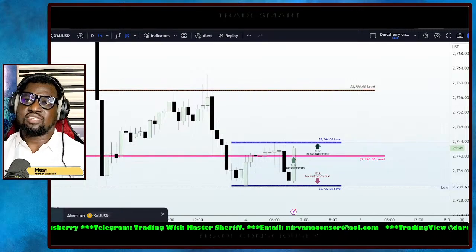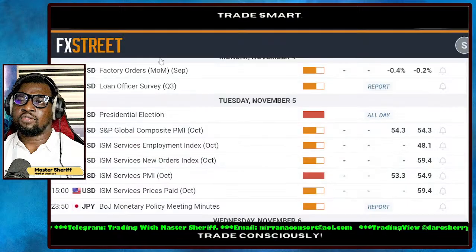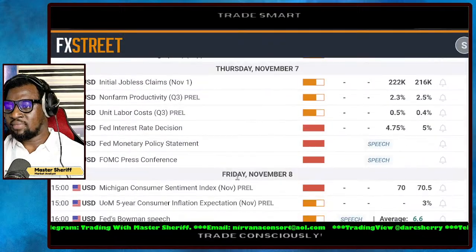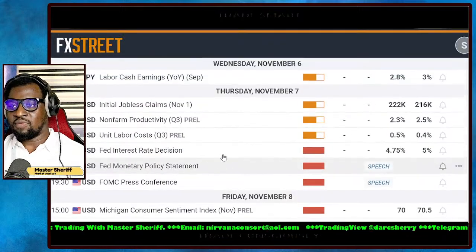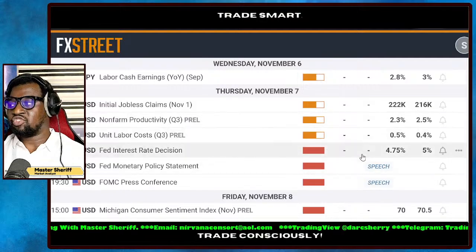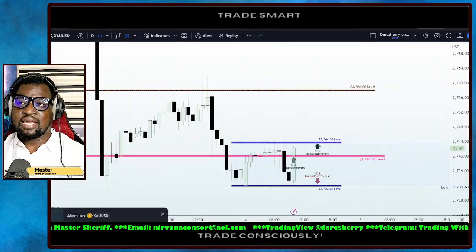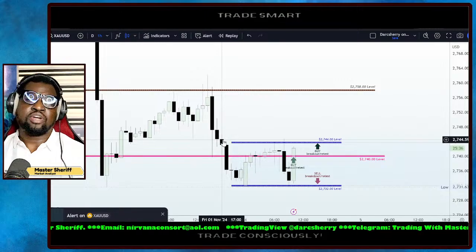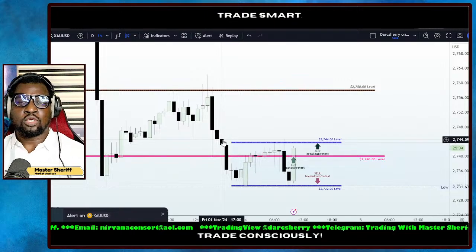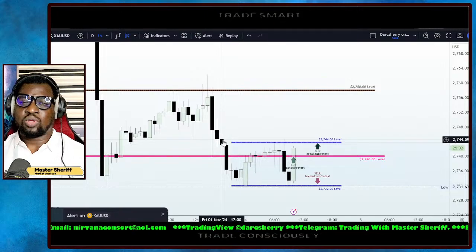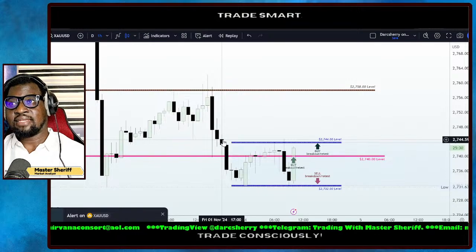The interest rate decision is coming up, I think, on Thursday. Is it Thursday or Wednesday? Let me see. Okay, Thursday, November 7, we are looking at the interest rate decision, and the majority are considering a 25 basis point cut, unlike two months ago when we had a 50 basis point cut. Well, this is not that much, and this could